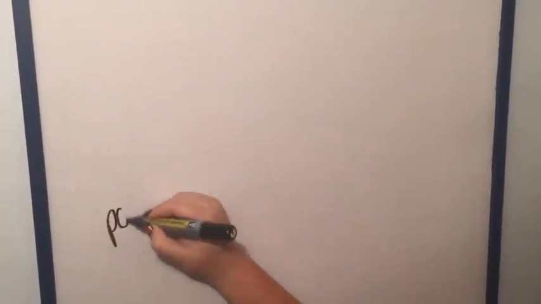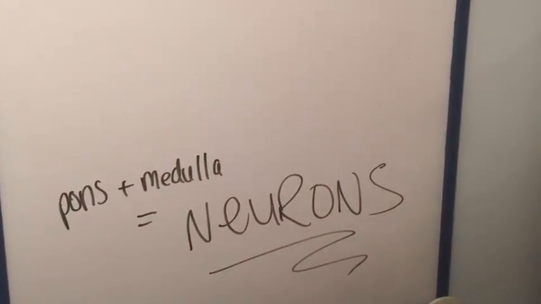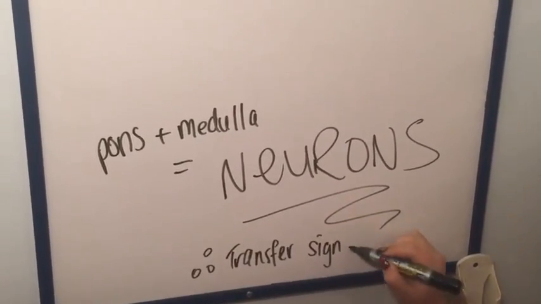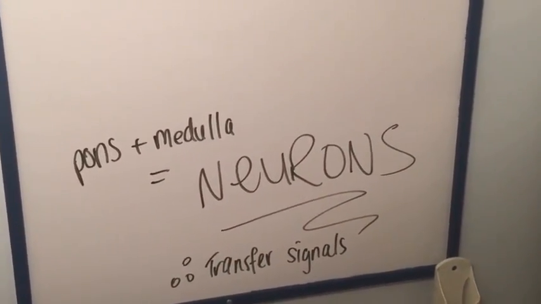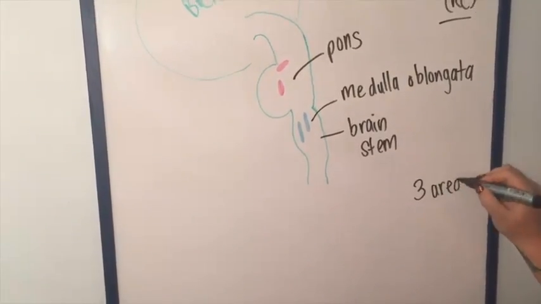Both the pons and the medulla contain neurons. These neurons are responsible for the transfer of controlling signals that decipher the rate and depth of respiratory movements. Therefore, in the case of involuntary respiration, it is these neurons that are responsible for the movements of the diaphragm and all of the other respiratory muscles. There are three main areas of neurons: